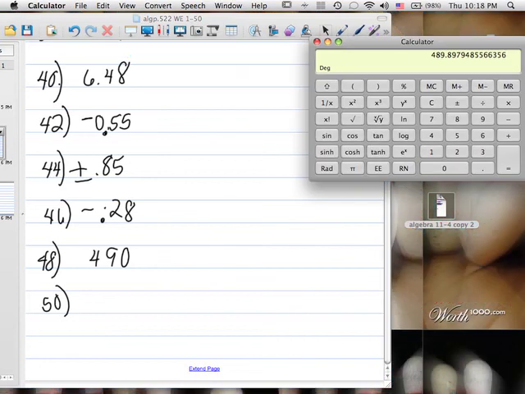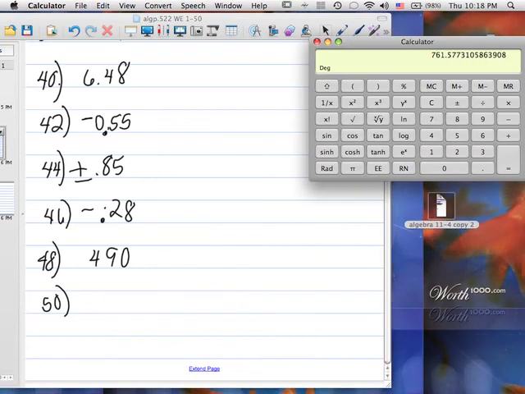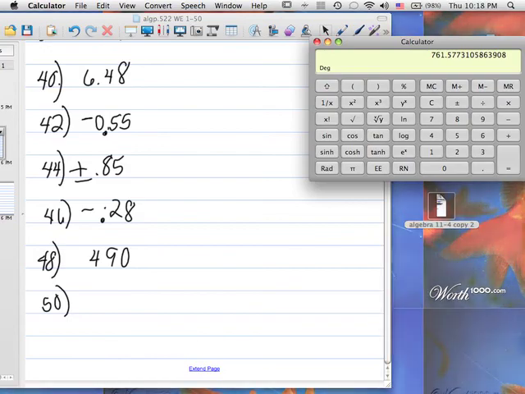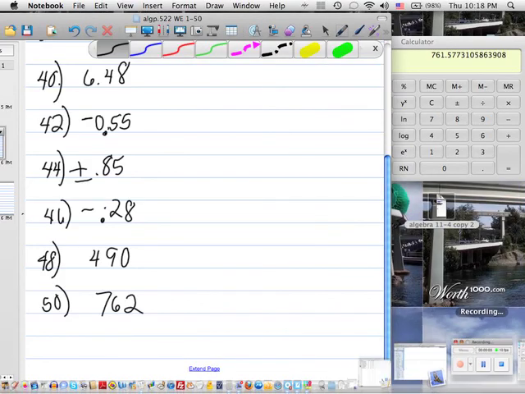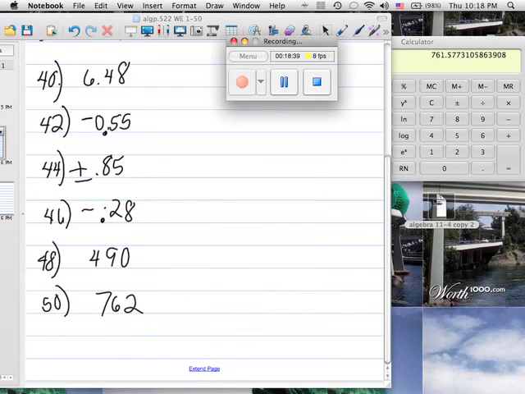And the last, 50, 580,000, the square root of it. To the nearest whole number, the 5's going to break the tie, so it'd be 762. That concludes the evens. Be sure you check the odds at the back of the book as you do the